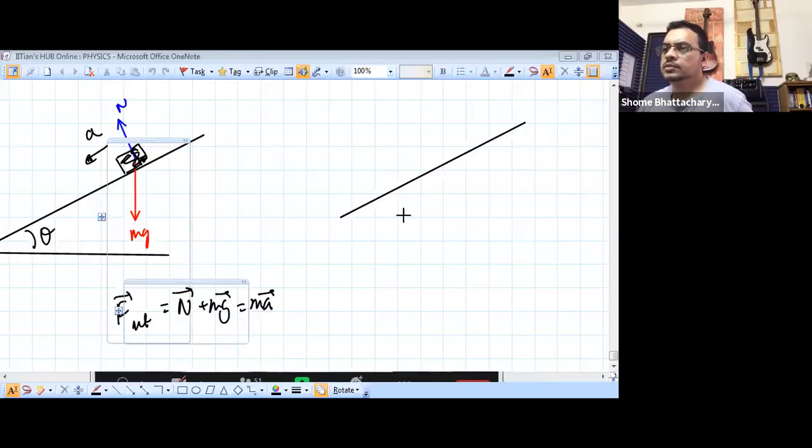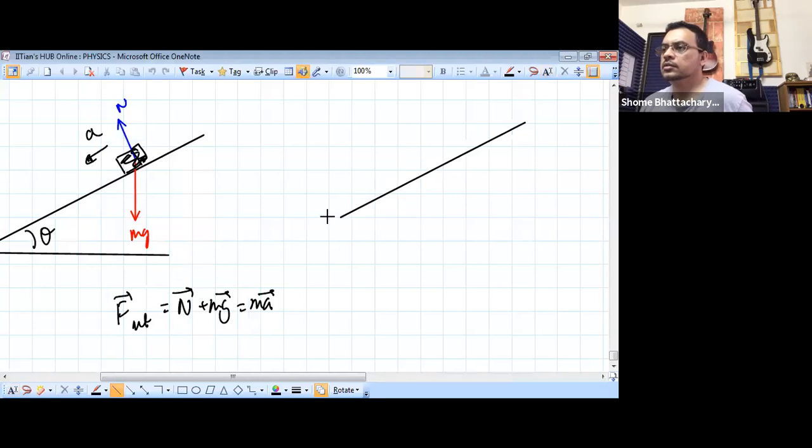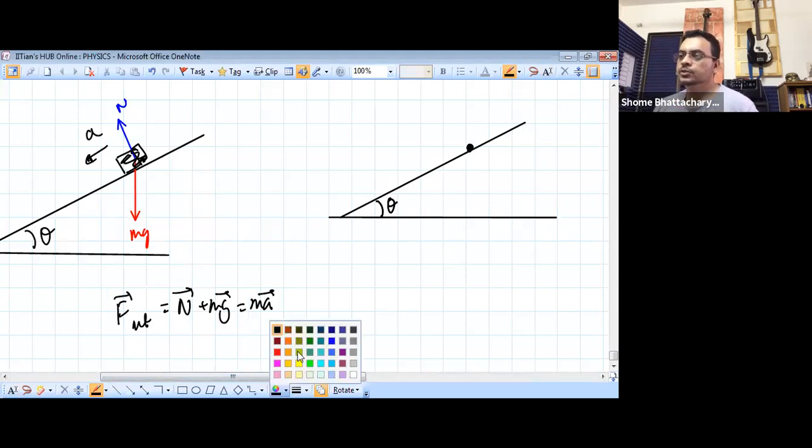So coming back here, this is my inclined plane, which is at an angle theta to the horizontal. That theta is 37, so we'll plug in the value later. Now, just for convenience, I will show the block as a tiny particle. It doesn't matter whether the size of the block is large or small. तो उसमें देखो क्या हो रहा है, नॉर्मल रिएक्शन का जो फोर्स है वो इसके परपेंडिकुलर वाले एक्सिस में